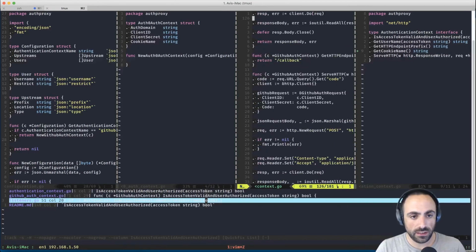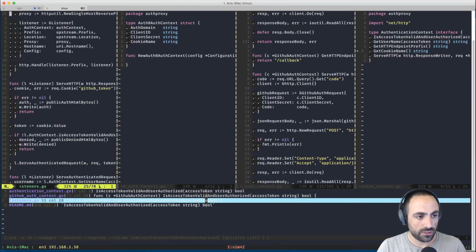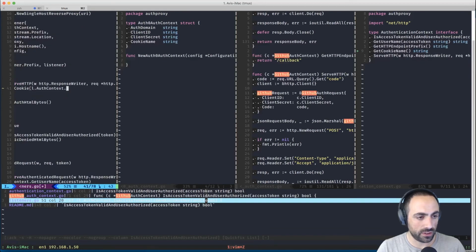So get cookie name. And is it C here? Yes, it is. And then in listeners, instead of GitHub here, we are going to say l.auth.context.get cookie name.